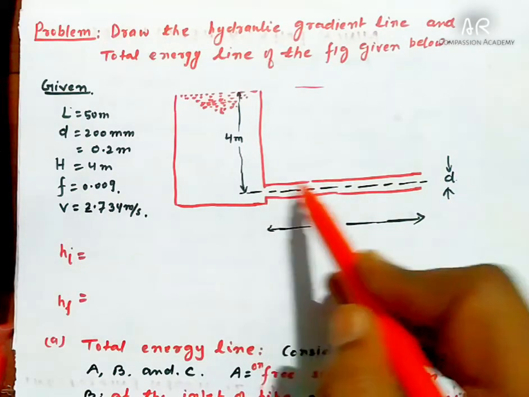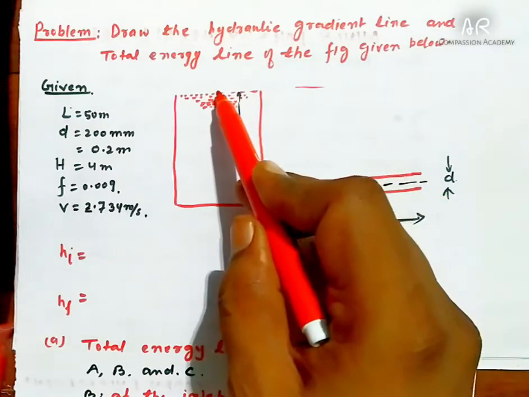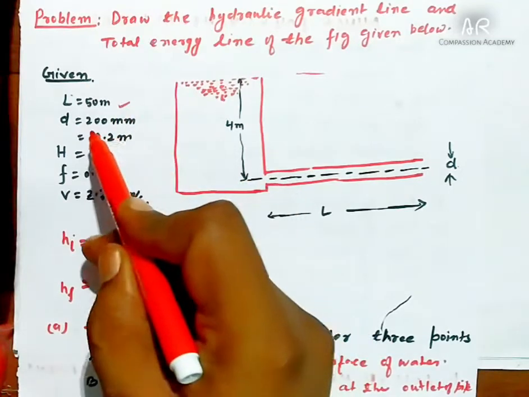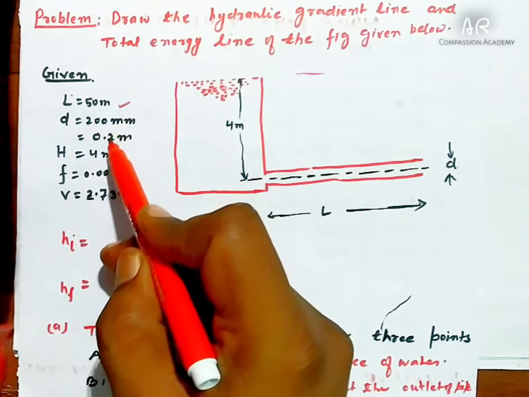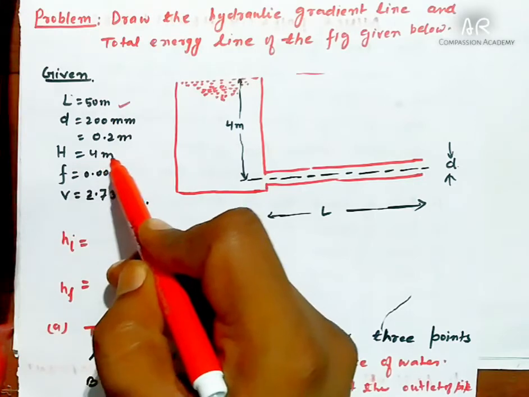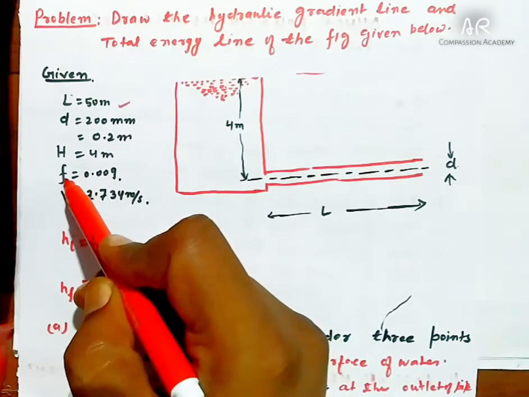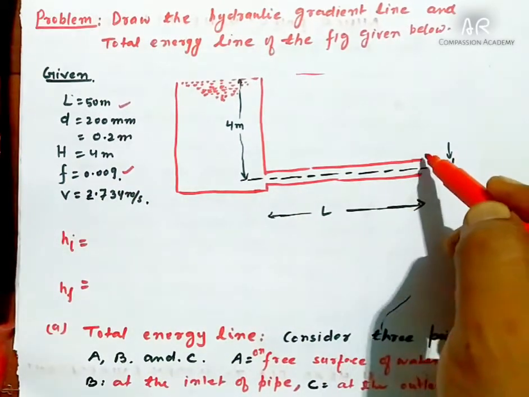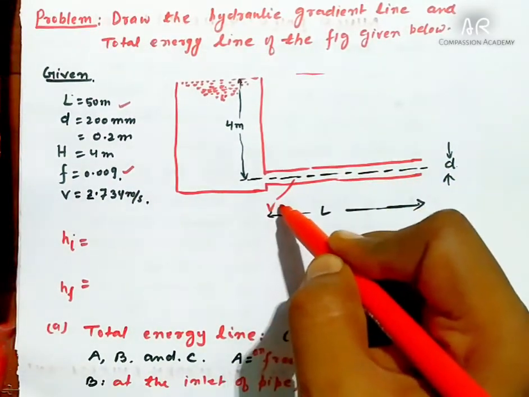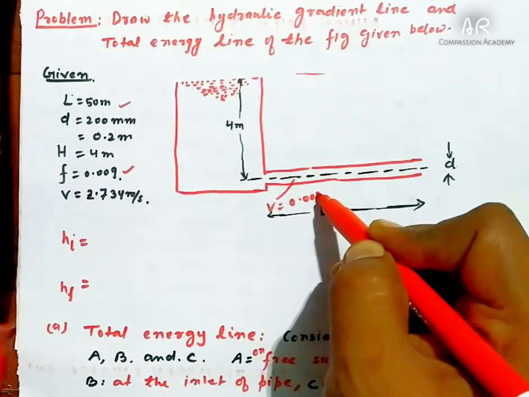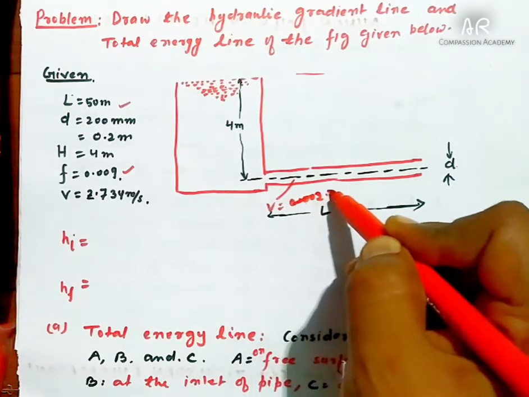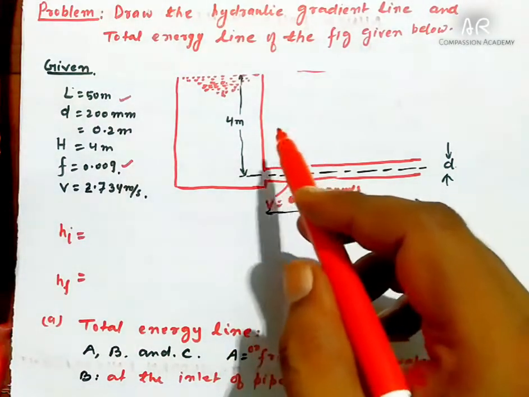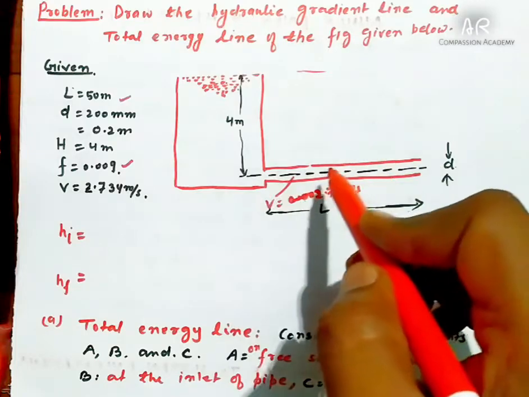This is the inlet of the pipe, this is the outlet of the pipe and this is the tank surface. Length of the pipe is given as 50 meter, diameter of the pipe is 200 mm, that is 0.2 meter, and h is equal to 4 meter. f, the coefficient of friction, is 0.09 and the velocity in this pipe, V, is given as 2.74 meter per second. What we have to do is draw the total energy line and hydraulic gradient